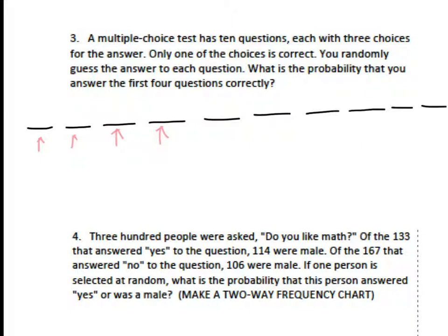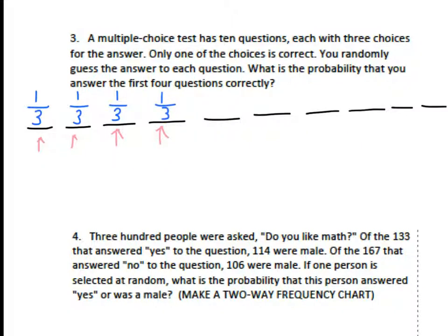So the probability of answering the first question correct is 1/3. The probability of answering the second question correctly is 1/3. And the probability of answering the third question is 1/3. And the probability of answering the fourth question correctly is 1/3. That leaves us with the remaining questions